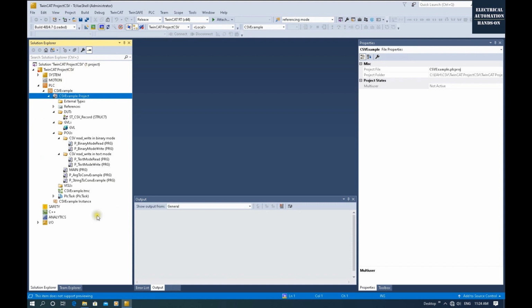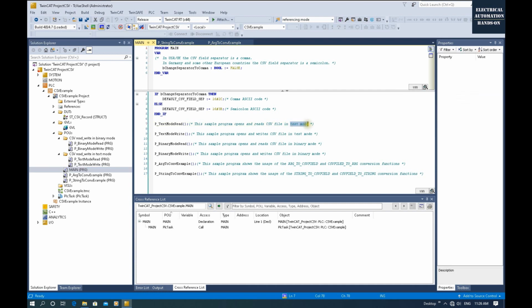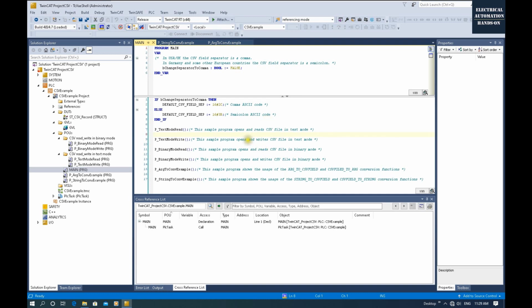So just have a quick glance. From this main, we can see all those programs, how they will be called within this main program. From here, we can see the text mode and the binary mode. There are two methods to implement this, as we discussed and shown in the Beckhoff Infosys web page. As we discussed, the text mode is the most straightforward and easiest to understand. So in this case, I would like to show how we can use this text mode. From this example, if we go to the text mode, the read and write,